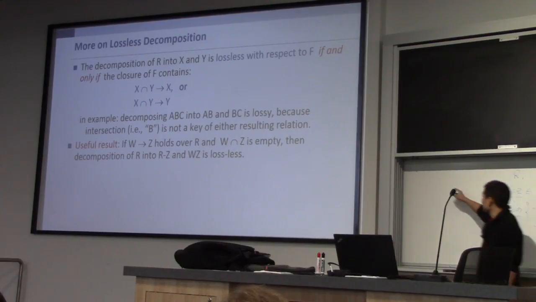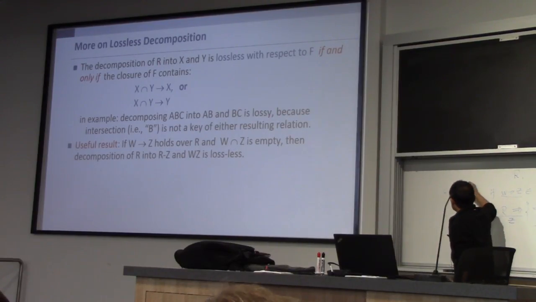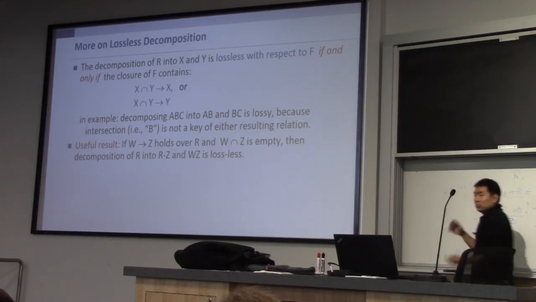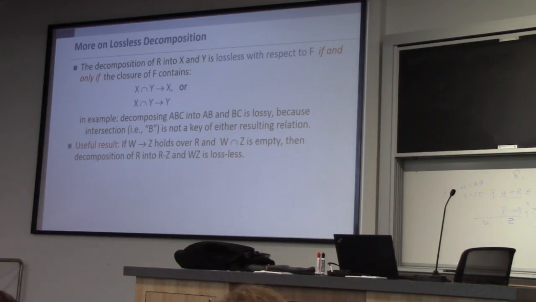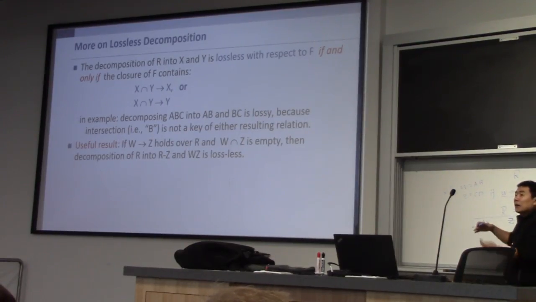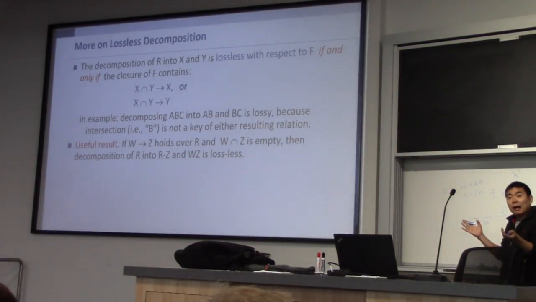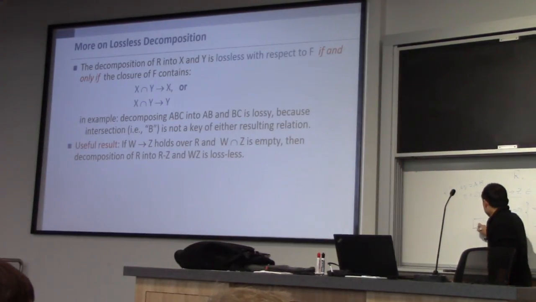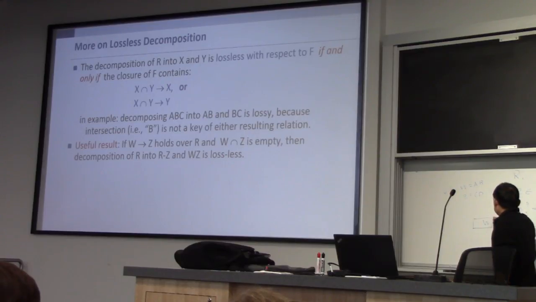Okay, for example, W can be AB, and Z could be CD. That's totally fine. You follow me on this? Okay. Now R may or may not have other attributes. In the general case, R may have some additional attributes,